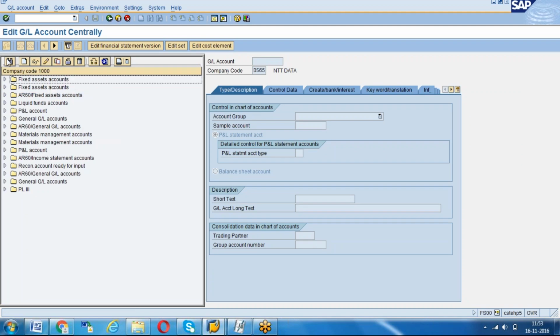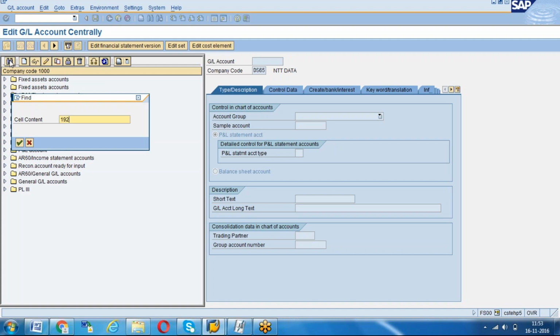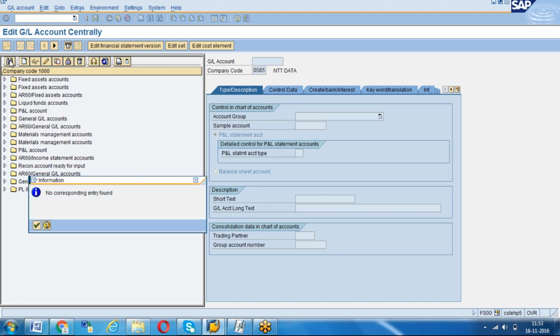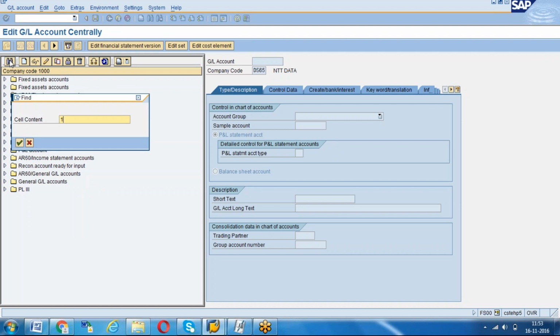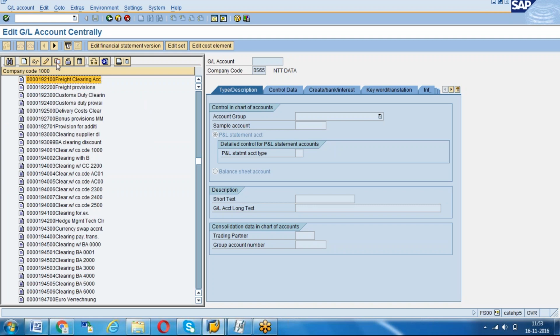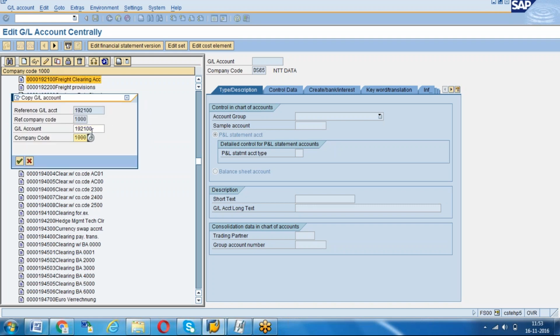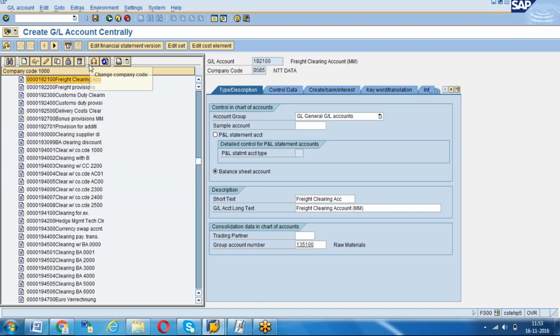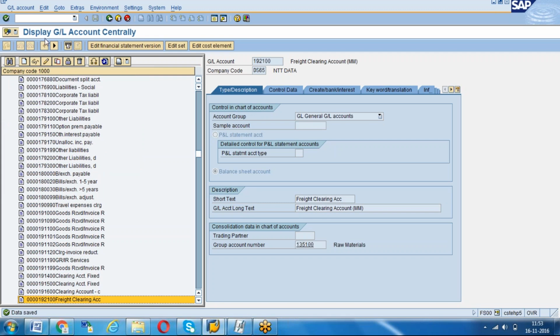I am creating one more, 192100, the freight clearing account, because freight is also involved here. The system has asked for maintaining the freight also, DS65, and now save it. The GL account is also created.